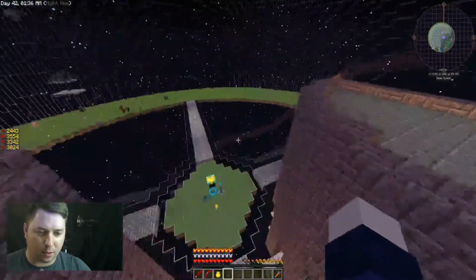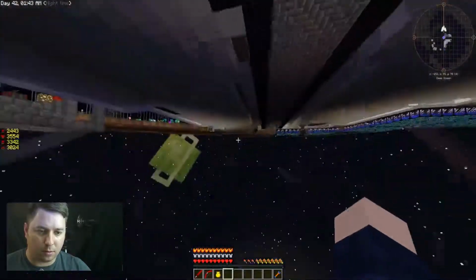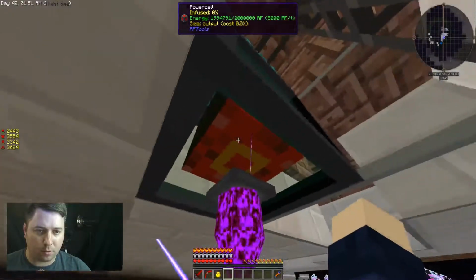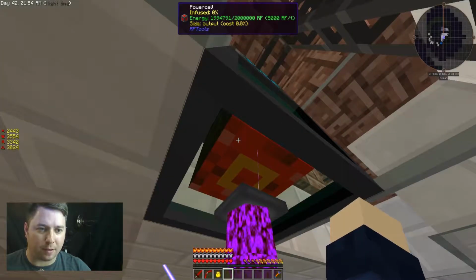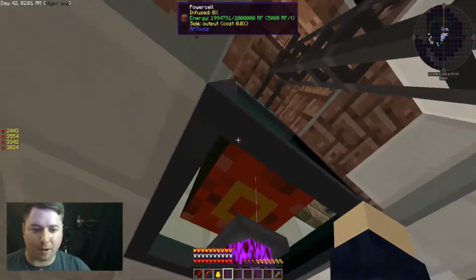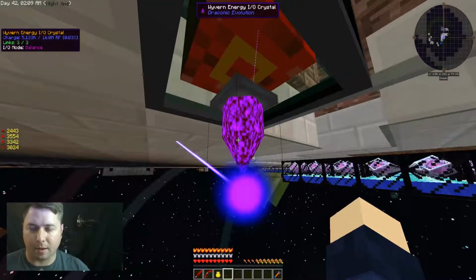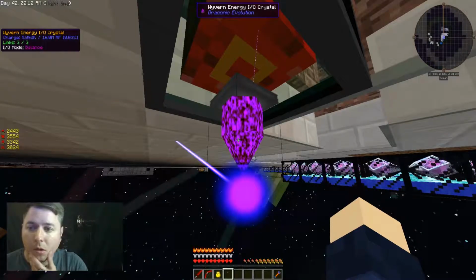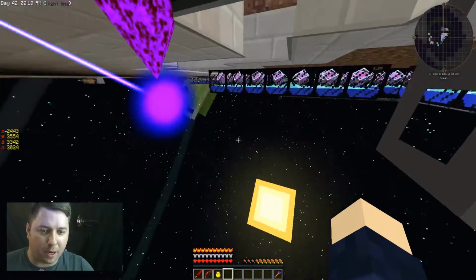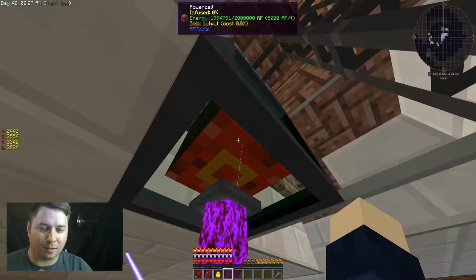You know what? I wonder if... Oh, where you at? Nope. Here you are. 5,000 RF per tick. So this is my choke point right here. I'm gonna have to figure out some way to... And this is getting dragged down quite a bit. I'm gonna have to figure out another way to get my power from the reactor over to here without any limitations. I tried the redstone flux plugs and